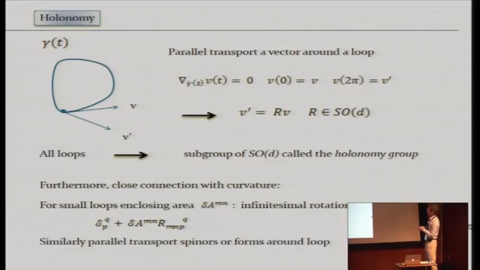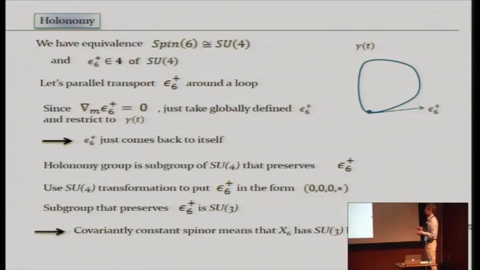Because we had this covariantly constant spinor, we want to see what kind of restrictions we get on the holonomy. Okay, so the first thing I want to use to simplify our life is this classic identity between Lie groups. Spin(6), being the double cover of SO(6), is actually isomorphic to SU(4). And the spinor representation, the 4 of Spin(6), the positive chirality spinor representation, is actually the fundamental representation 4 of SU(4). The anti-chiral version of this is the 4 bar, the anti-fundamental of SU(4).